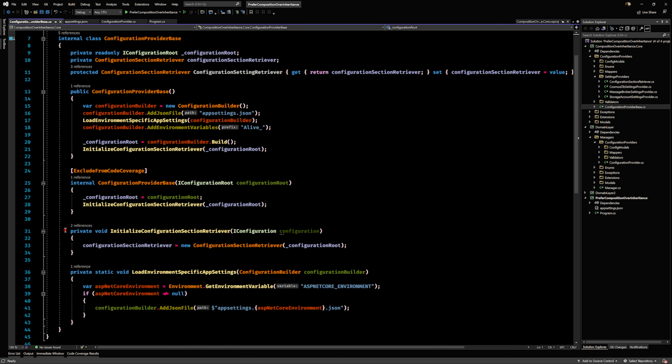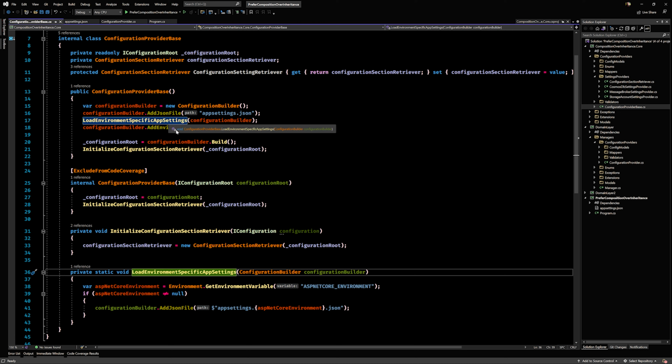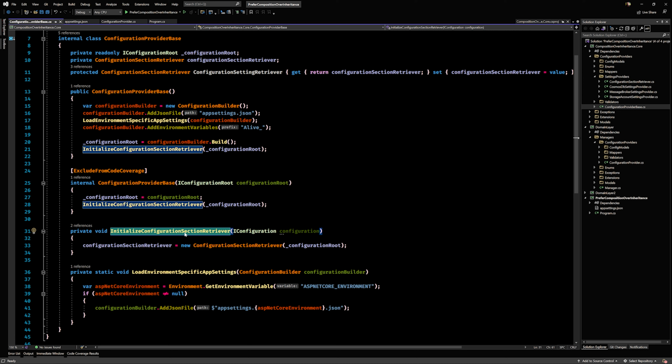Essentially, it has all the loading up the JSON and the environment files, JSON files, and so on and so forth. It's all implemented here. All descendants get that functionality for free. And then on top of that, it has this one method here. This is initialize configuration section retriever. And essentially it's returning an IConfiguration, or the section, if you will, right?